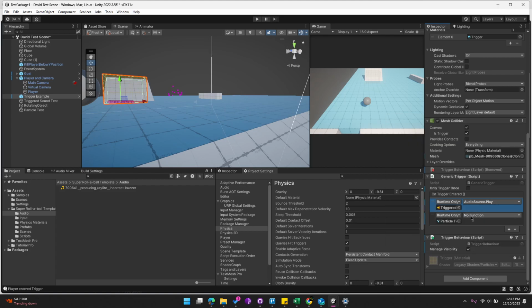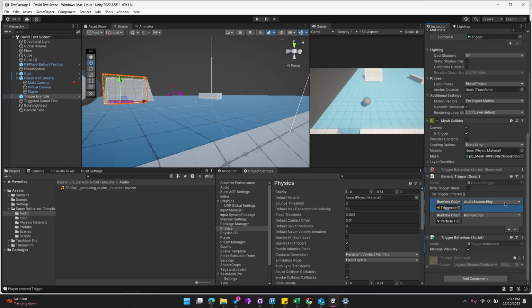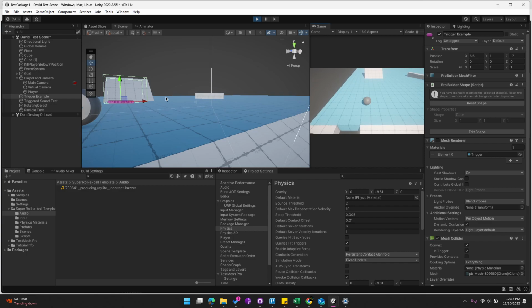Oh, that's interesting. I don't know why it says no function, even though it also says play, which is kind of strange. I don't know if that's a bug or what. Let's see what happens. If I hit play, in theory, that particle system will not be playing because the player